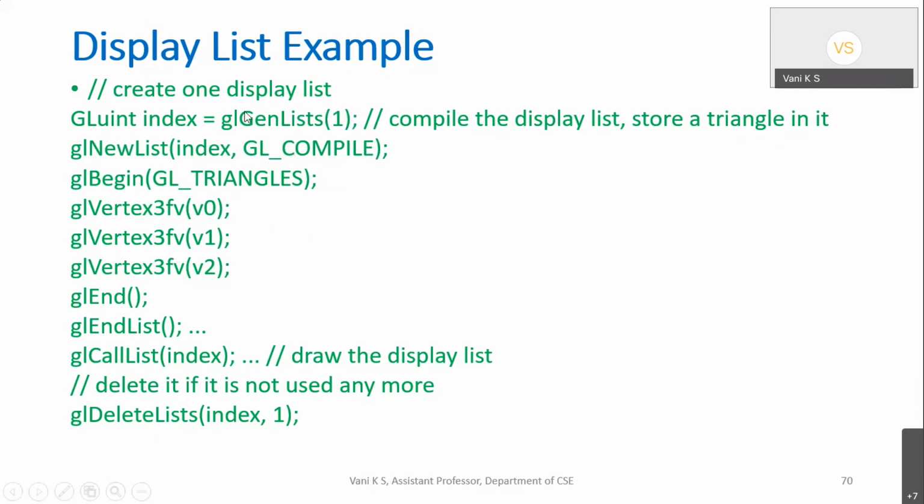So I told you glGenLists will create a display list for you. How many? One I want. This is an identifier for that, some integer. And this is used to create a new list, which should be compiled, that's all. And what is it that you want to put in the display list? Triangles function. GL_TRIANGLES is a primitive which is used to create a triangle, you know that. And the triangle's 3 vertices are provided through V0, V1 and V2. And again, V0 is a vector where XYZ will be stored. Here also XYZ will be stored. Here also XYZ. So it is a 3D triangle or a tetrahedron. So that will be stored here.